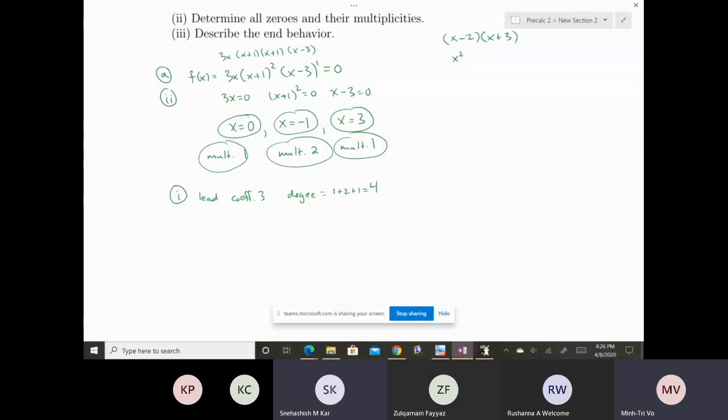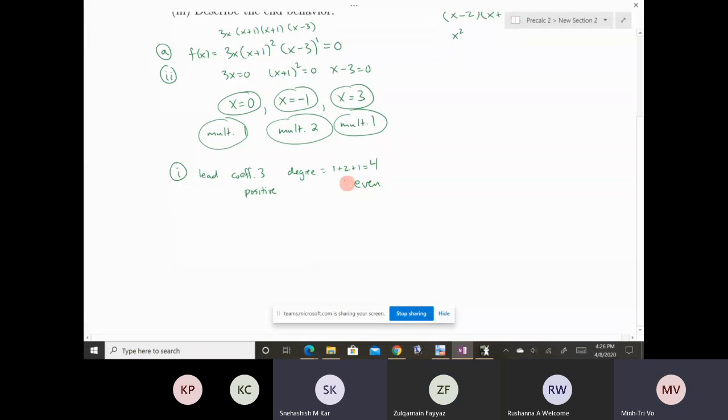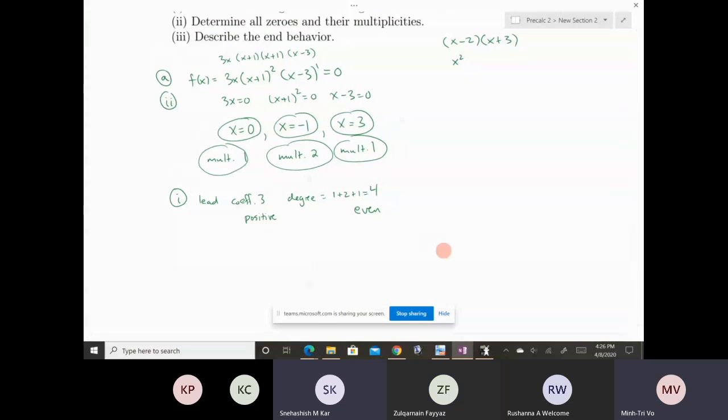Okay, so what is the end behavior? You have to look at the degree and the leading coefficient, right? In terms of the degree, you have to look at whether the number is even or odd, right? So 4 is even. And for the leading coefficient, you look at whether it's positive or negative. Right, so 3 is positive. Right, okay, so degree is even, the leading coefficient is positive,